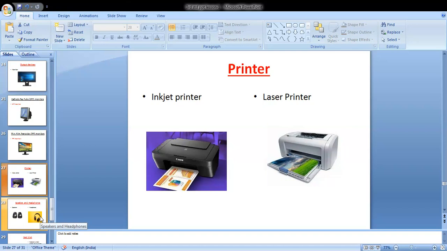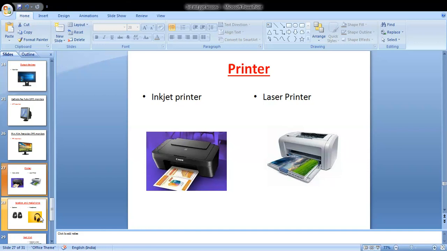Okay, where have you seen printers? At which places are printers used? Tell me. As in school? As offices, to make bills or records, or in all shops in the railway stations.